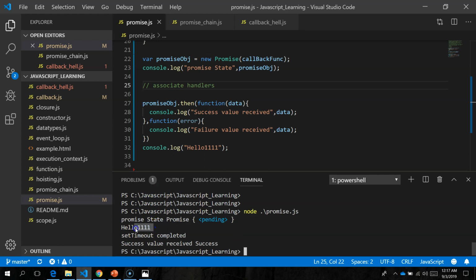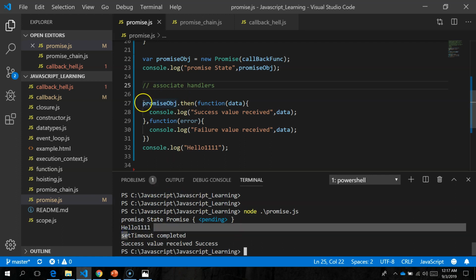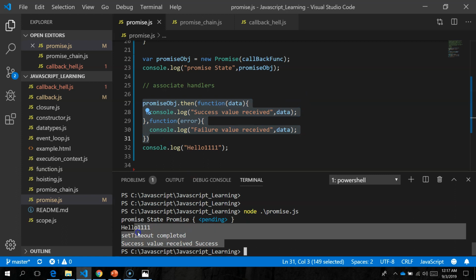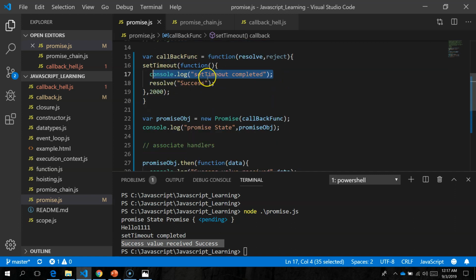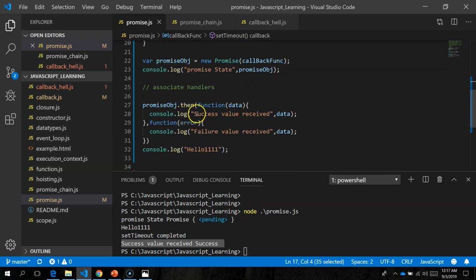So hello 11 is executed, then only the asynchronous part is getting executed. So this success value we are receiving, setTimeout completed, is coming from here. After that, this asynchronous gets executed.